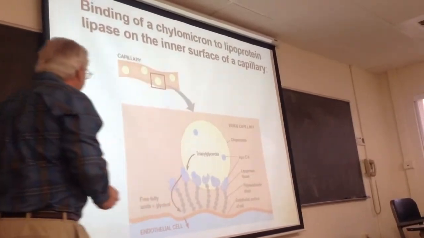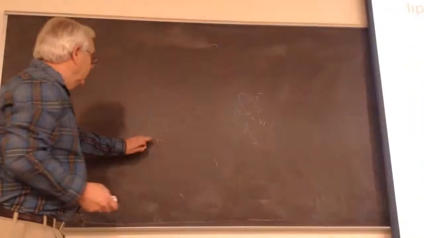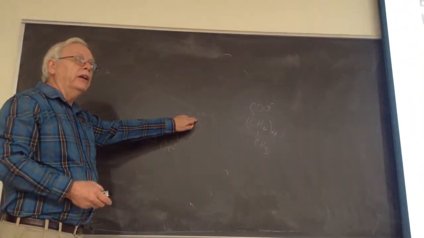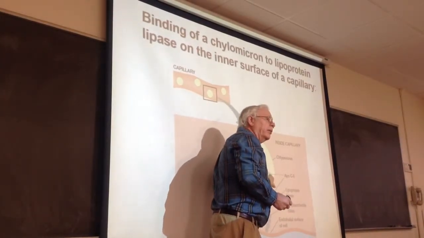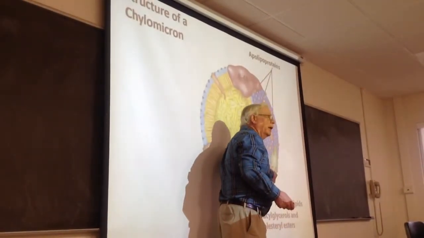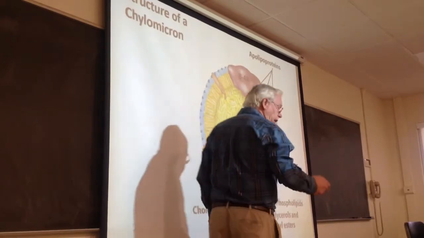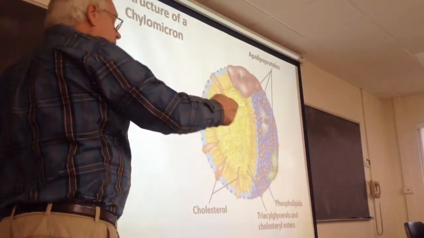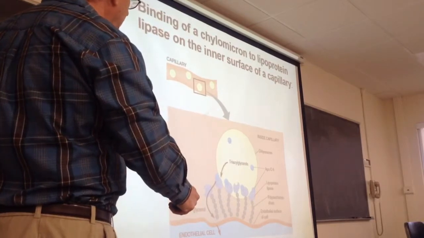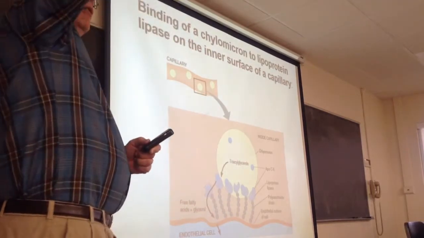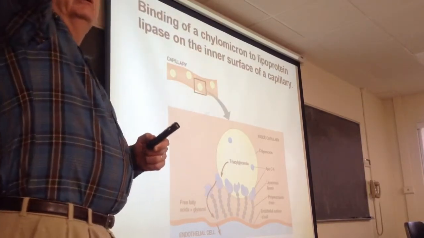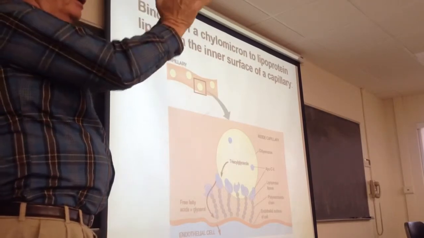And the lipase has a binding site, a catalytic site. It also has another site that binds to this protein that's found in chylomicrons, the C2, the ApoC2 protein, one we just saw right here, this green guy. Lipase has a binding site for that. And the lipase is attached to this long rope hanging off the cell membrane. And so you get a molecular recognition event that essentially grabs onto the chylomicron, the lipase, through molecular recognition binding,